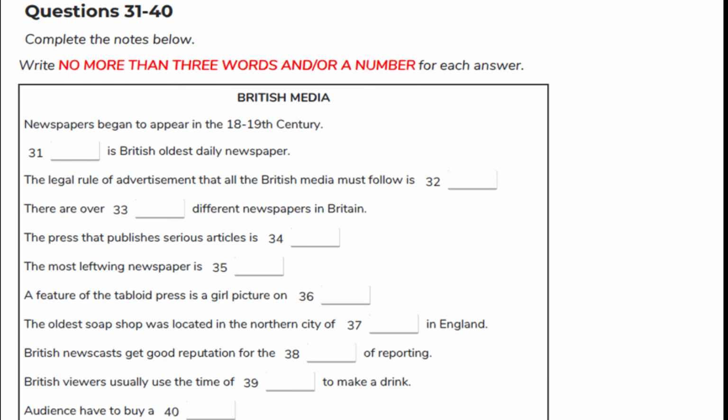Although most newspapers are financially independent of political parties, they also express some political views. The quality press not only publishes most serious and in-depth articles on particular political and social issues, but also expresses reviews about high culture for readers who are well-educated and within the middle class. The most left-wing of these newspapers is The Guardian.